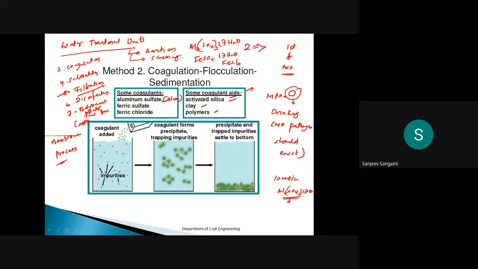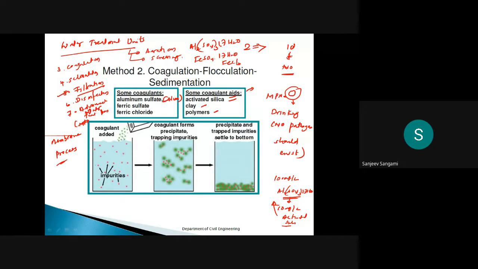For this, we will add around 10 milligram per liter of activated silica, and thereby it will increase the action of the coagulant. Then see how exactly the reaction is going to happen, which I already explained.